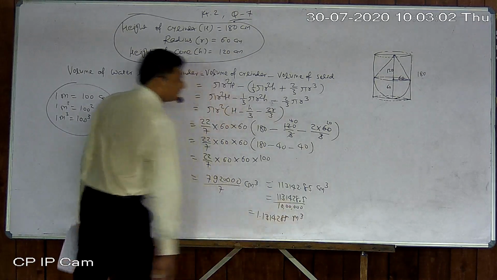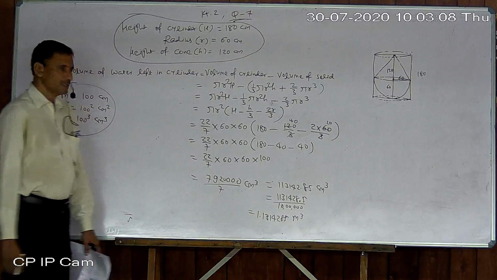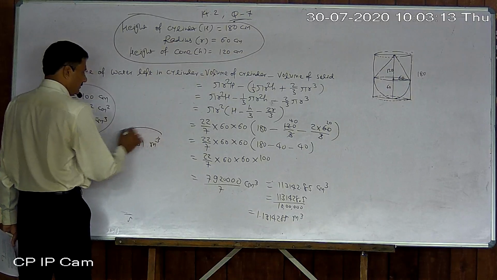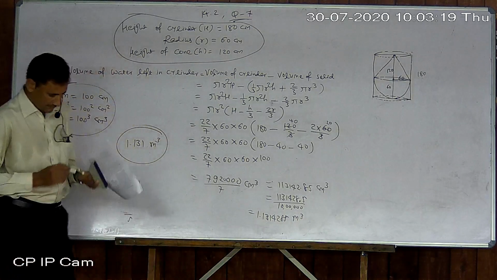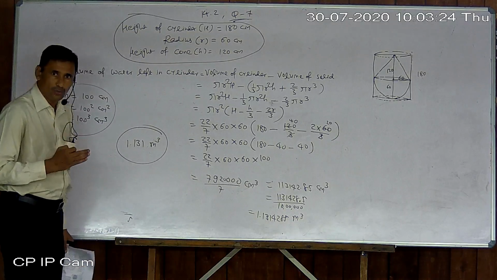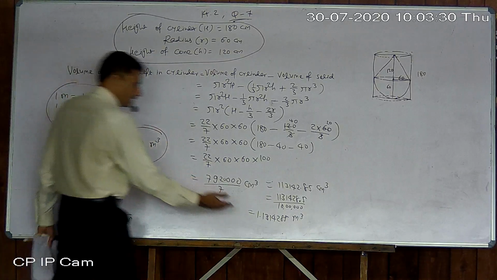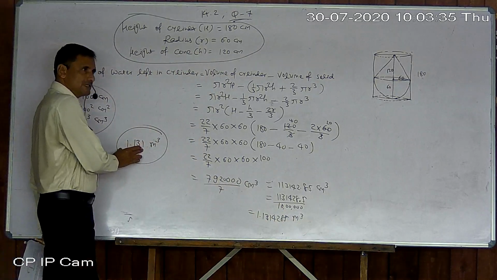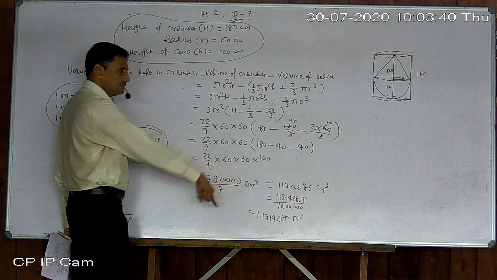So our answer becomes 1.13142857 meter cube. Okay. But so many digits are not required, so you can write up to 3. So 1.131 meter cube will be our answer. That is given as the answer in the textbook. So you just remember that there is no rule to write how many digits after the point. If you write all of them, then it is better. If you round up to 2 or 3 decimals, then also write. If you don't convert this type of fraction into decimal, then also it is right.